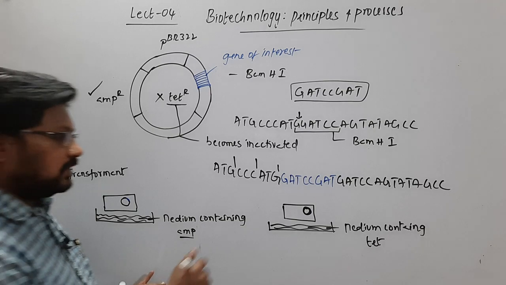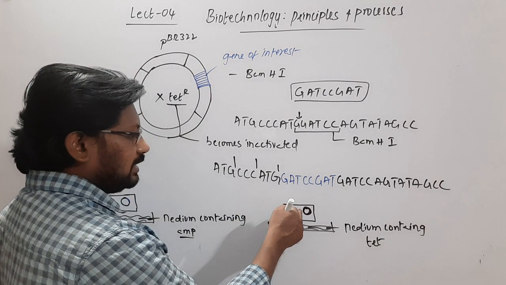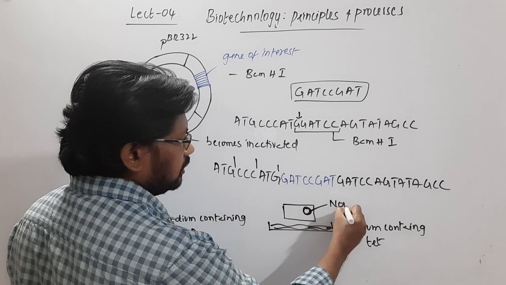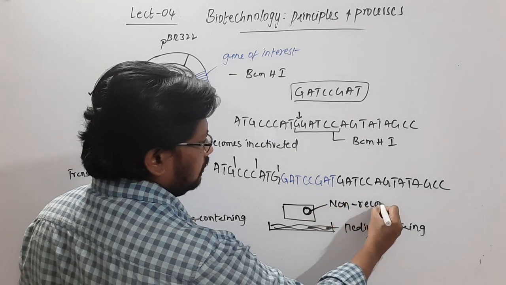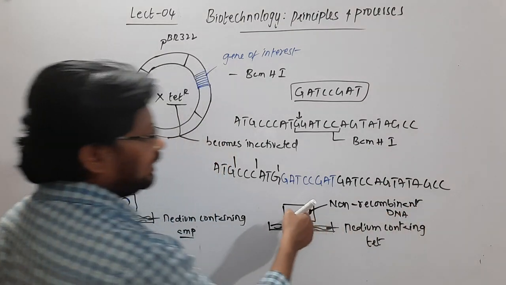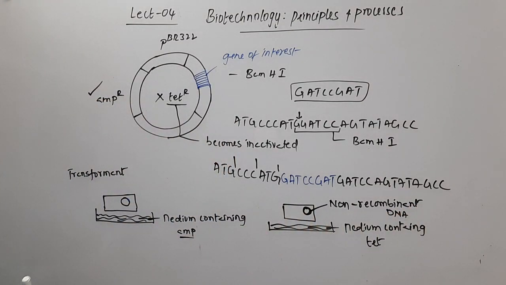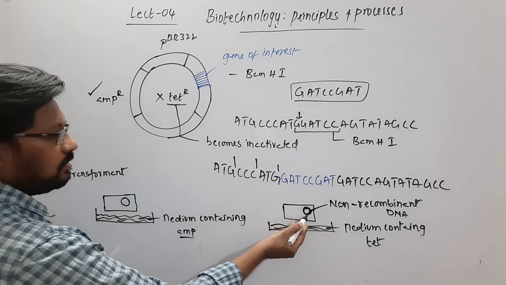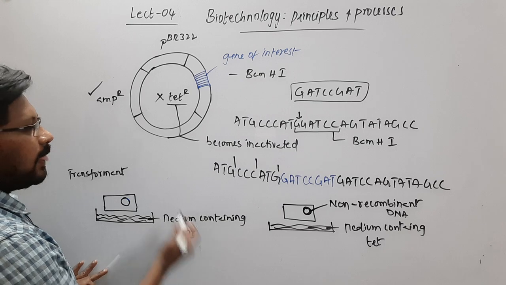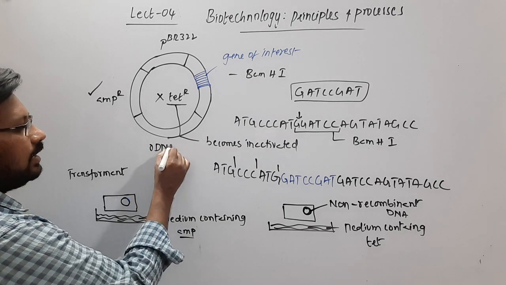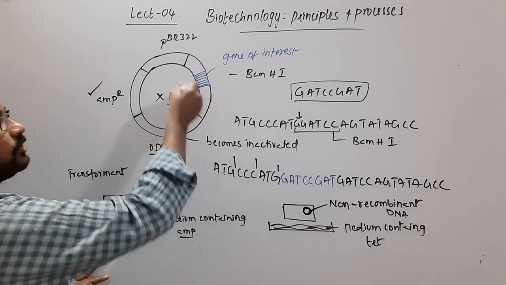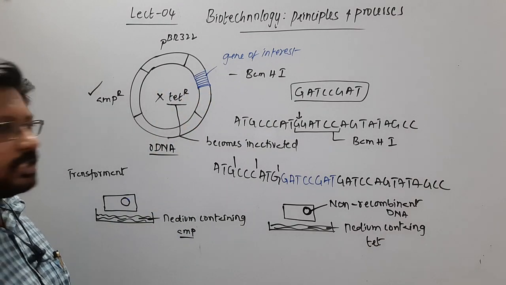Of course, this is also a transformant, but this has non-recombinant DNA, so it will not have the gene of interest. If it is not having that, then the tetracycline will be working. In rDNA, the one which has taken the gene of interest, the tetracycline is not functional,